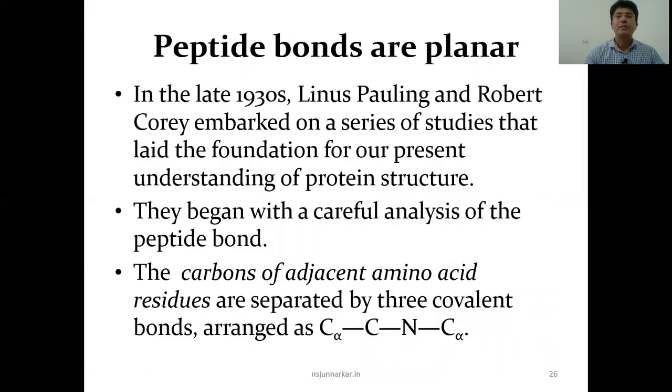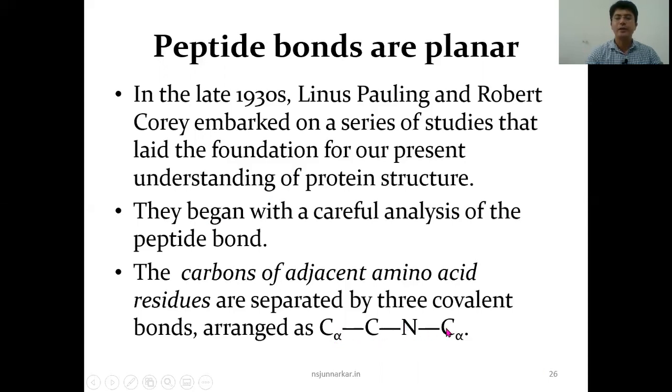Peptide bonds are planar. In the late 1930s, Linus Pauling and Robert Corey embarked on a series of studies that laid the foundation for our present understanding of protein structure. They began with a careful analysis of the peptide bond. The carbons of adjacent amino acid residues are separated by three covalent bonds. So you can see the C alpha of each adjacent amino acid are separated from each other